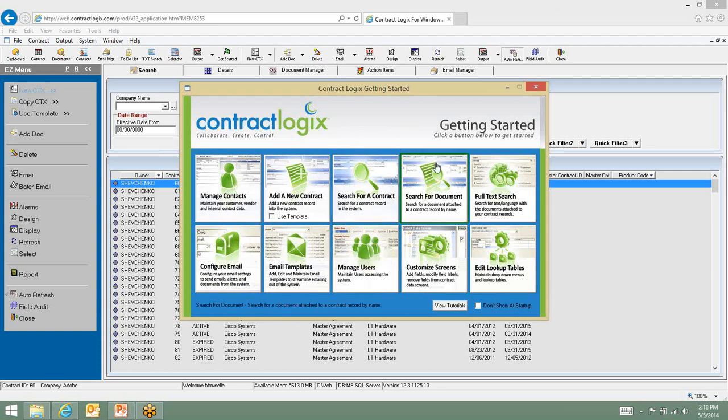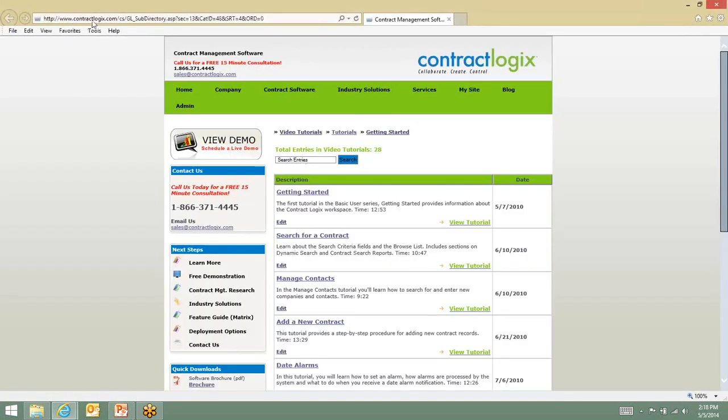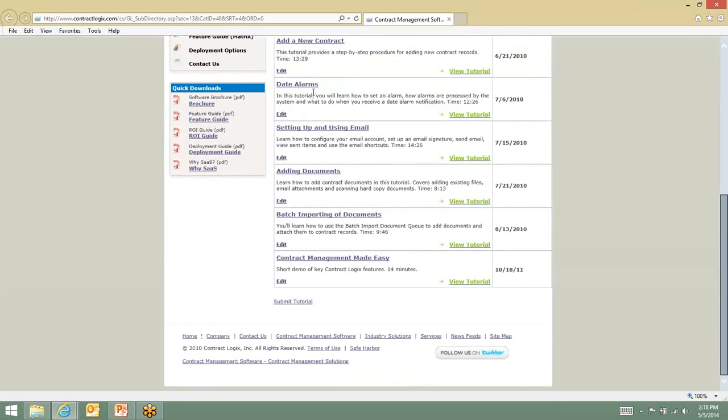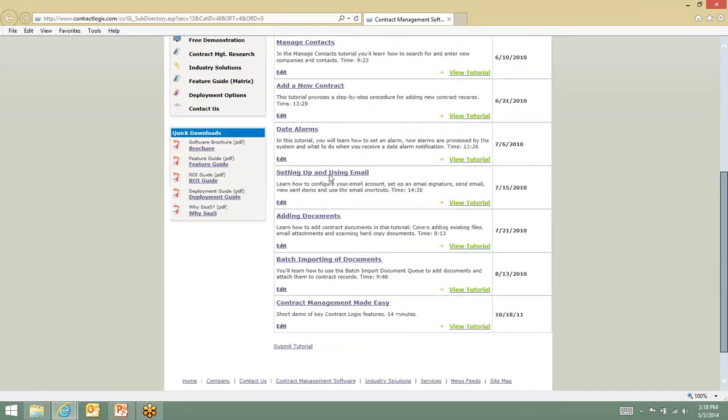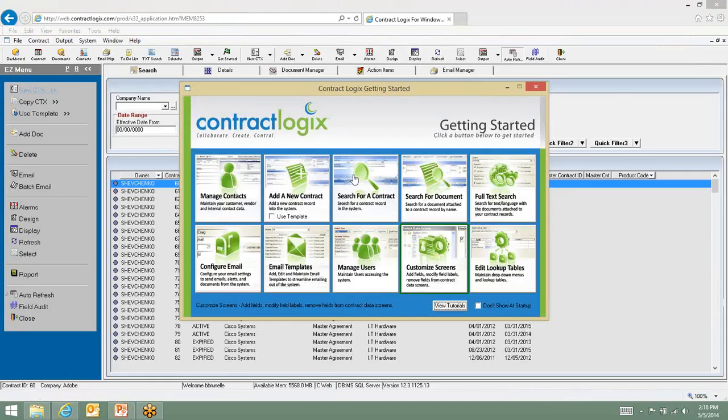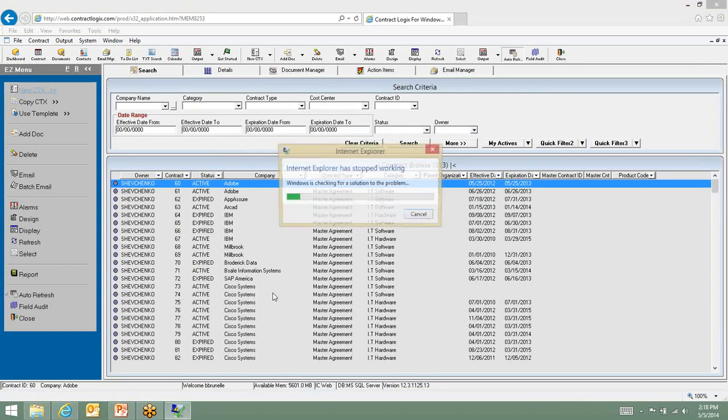Now, before I close this off, I want to show you another button here, this View Tutorials button. When you click that, it will take you to a contractlogix.com web page where I have some short tutorials. They run about 10 minutes or so, and you can watch those if you want to learn a little bit more or you need a refresher on the material that I'm going to cover today. Okay, I'll go ahead and close that down, and now we'll take a look at